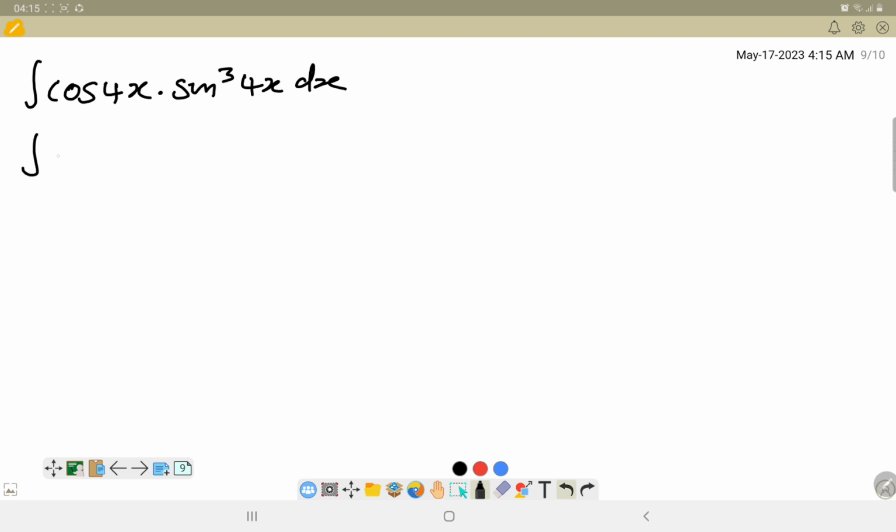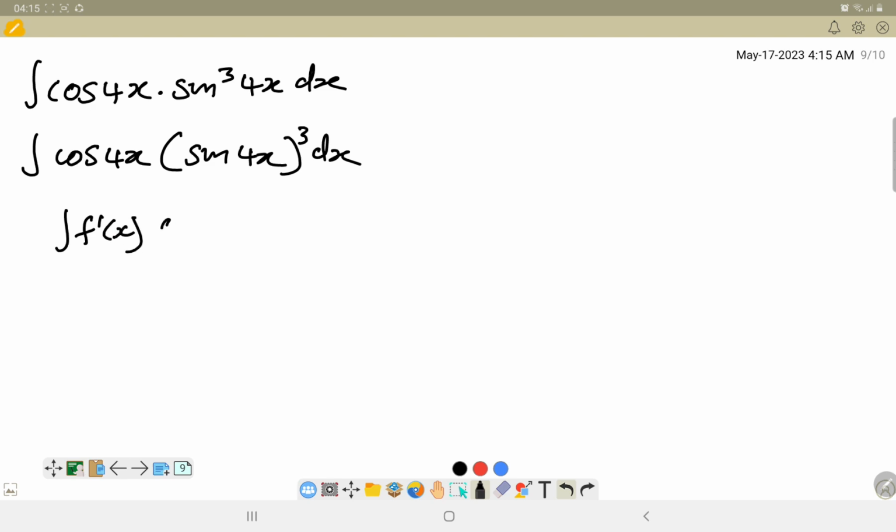The best way when dealing with trigonometric functions, if you are having sine to the power 3 of 4x, is to write it in this form first before you carry out your integration. So if we want to apply this formula here,